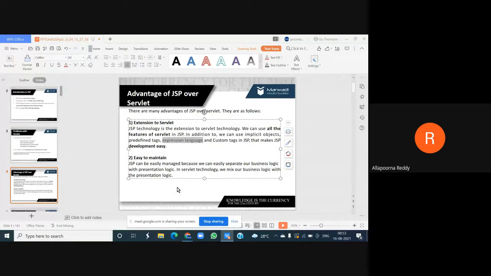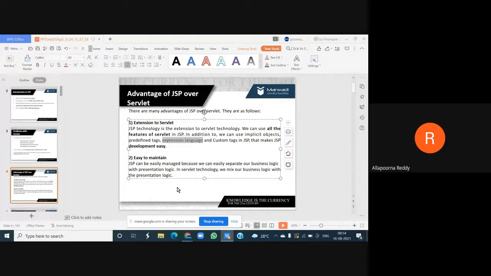And we need some programming skill, but not as much as for servlets. Servlets are a purely code-based approach, whereas in JSP the code is a bit less and the scripting is more. Tags are more, because I am taking the help of two kinds of tags, HTML as well as JSP tags, so I can reduce some code.